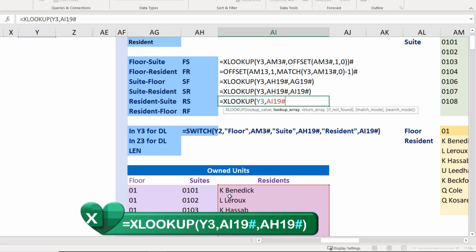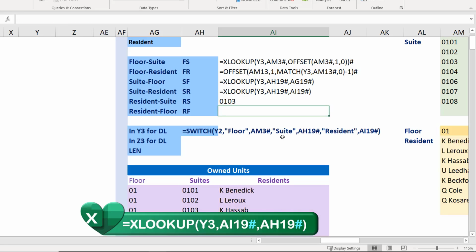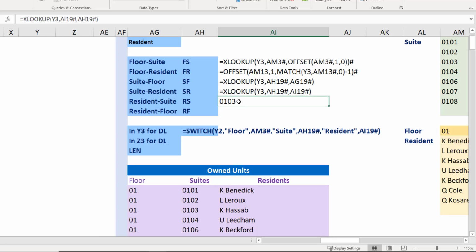Type the spelled array symbol, type comma. What do you want to return? I want to return a suite. So I click on the first suite, the spelled array symbol, close the bracket, and then hit enter. That's correct. Let's park this function, put it in the edit mode, and type a single quotation at the beginning,